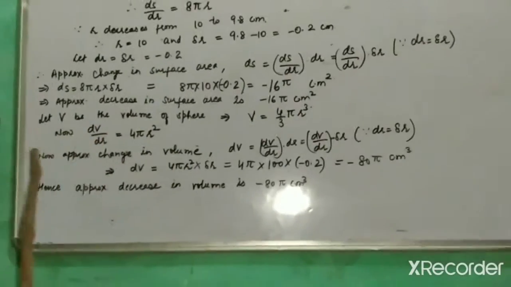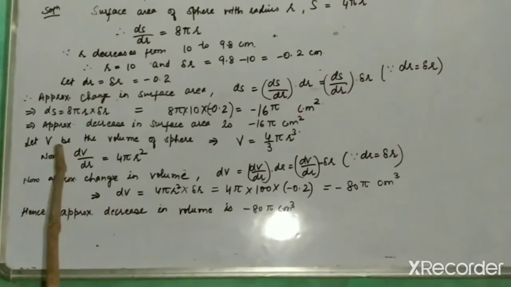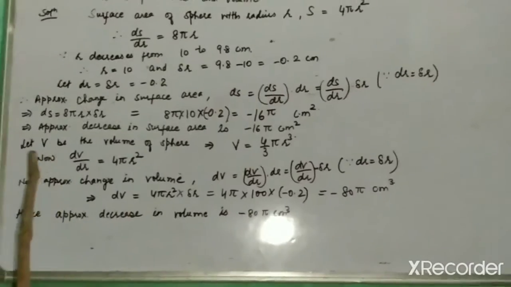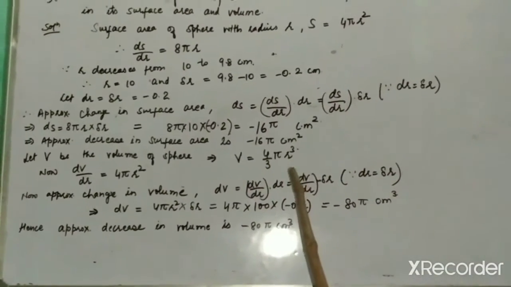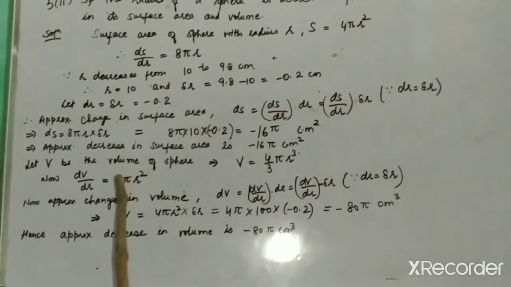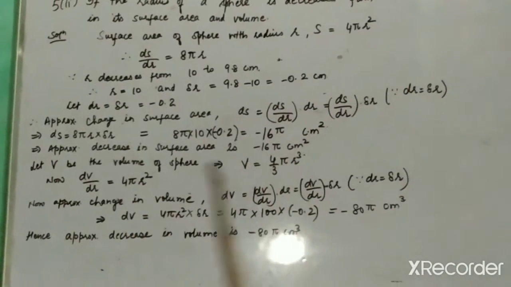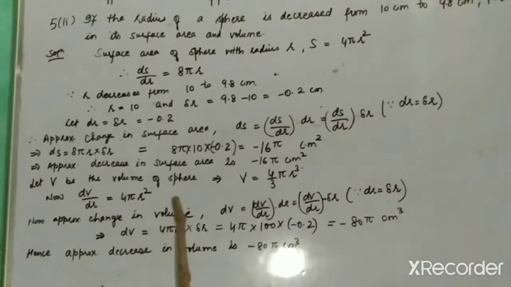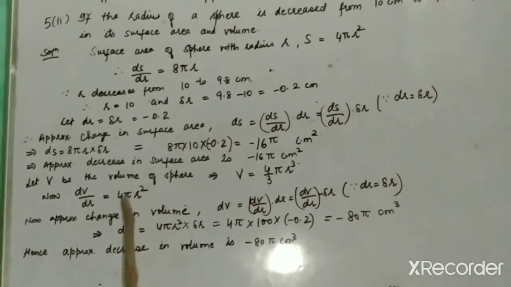Okay. Now we are to also find the change in volume. So first of all let us represent the volume of the sphere by capital V. That means capital V equals 4 by 3 pi r cube. Now we'll again differentiate this volume with respect to r. We get dV by dr equals 4 pi r, and r cube gives 3r square. Derivative of r cube is 3r square. 3 and 3 get cancelled. We get 4 pi r square.